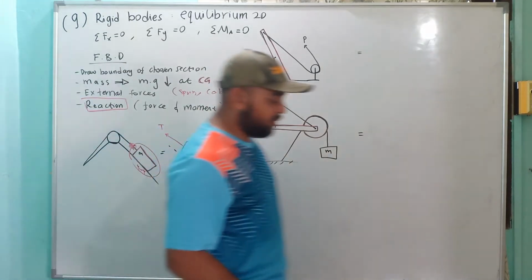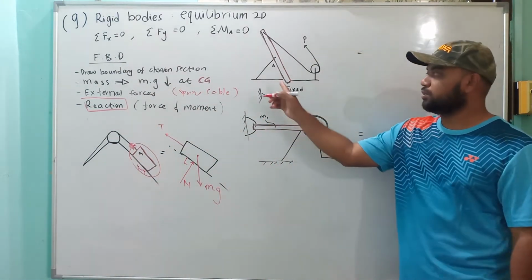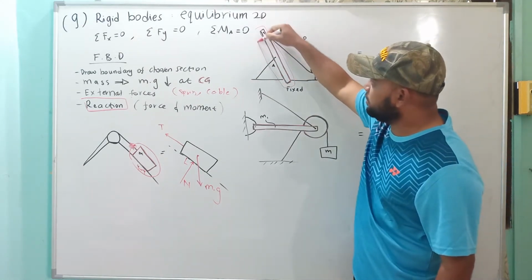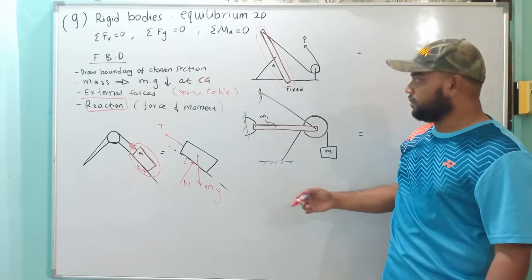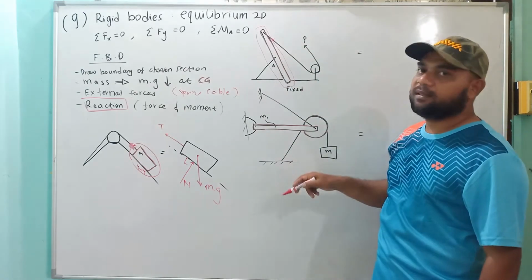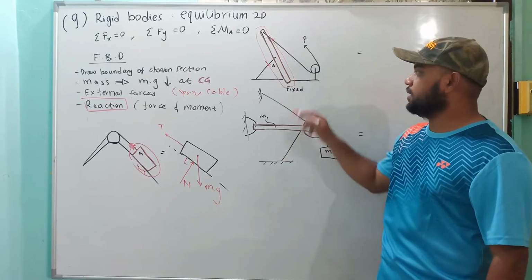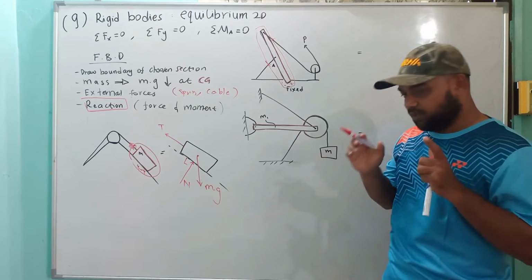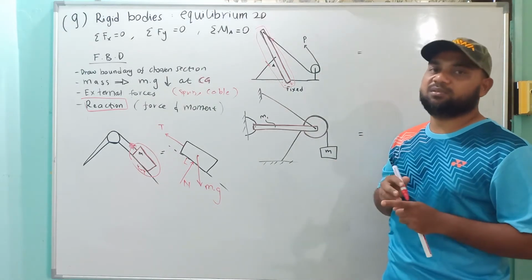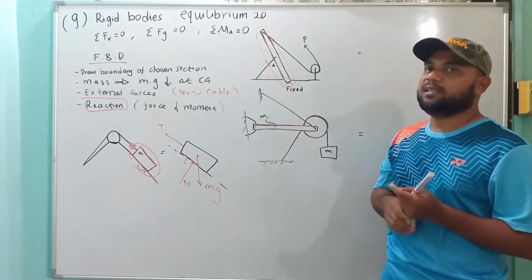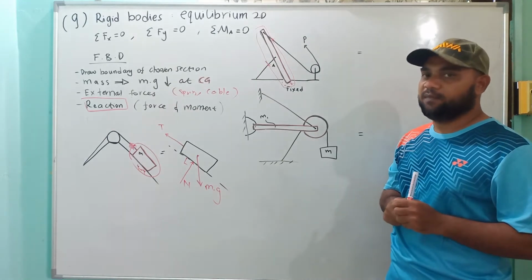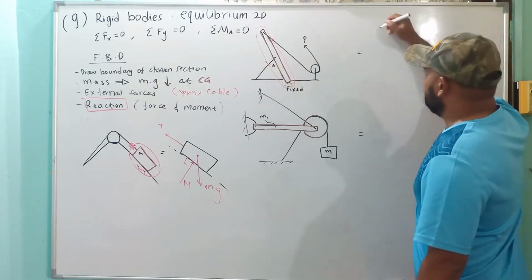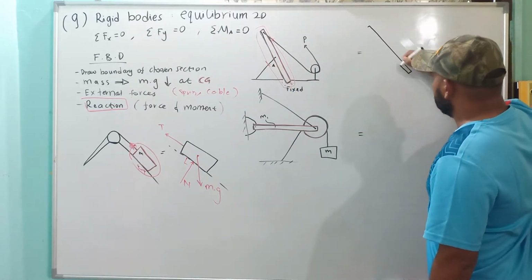Okay, so you go to the second one. You're going to draw this one. So I draw the boundary of the chosen section. From here you can see that it involves one cable here, a second cable, and you have the fixed joint here. That's why it's very, very important to draw the chosen section. You will see what forces and reactions are involved for that component. Now you have the component that you choose.